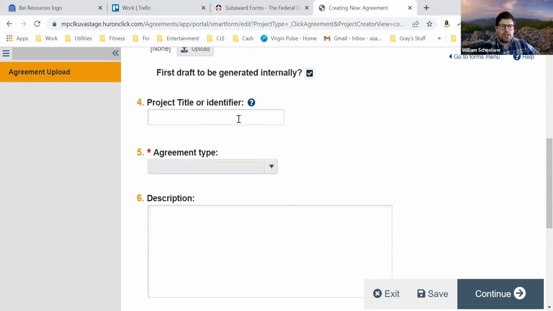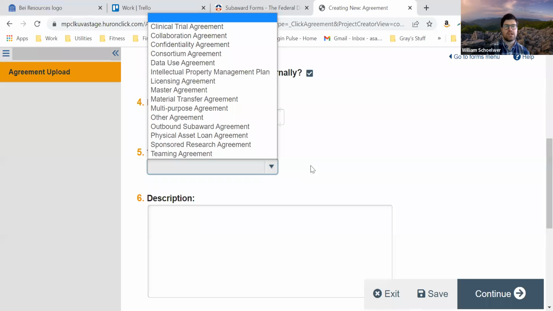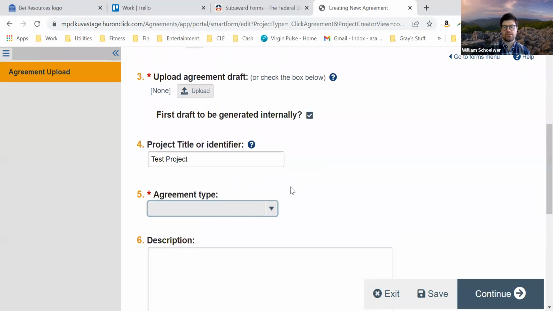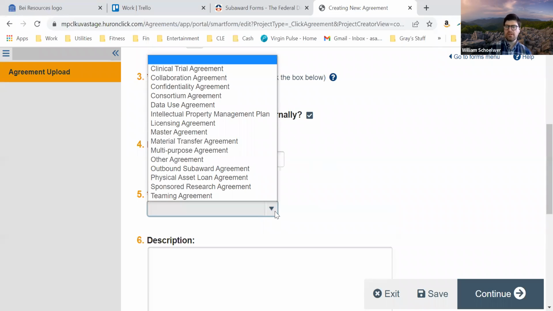Provide a title for the project. And here after the title of the project, number 5, we get to the agreement type. So this is a key juncture in the routing process where the user is going to make a decision on what type of agreement they want to request. So it's important to step back and look at this relative to our existing infrastructure in